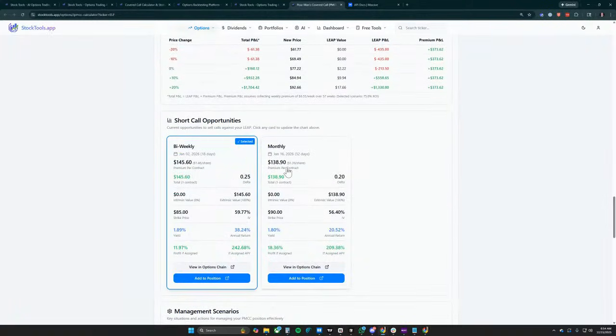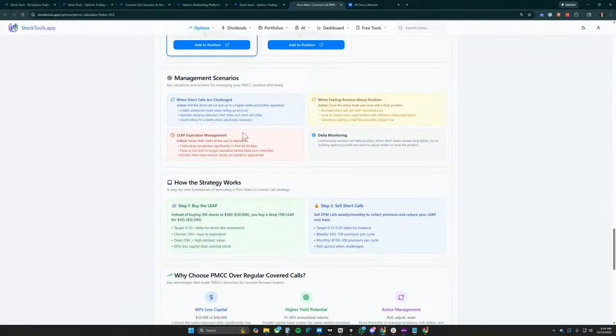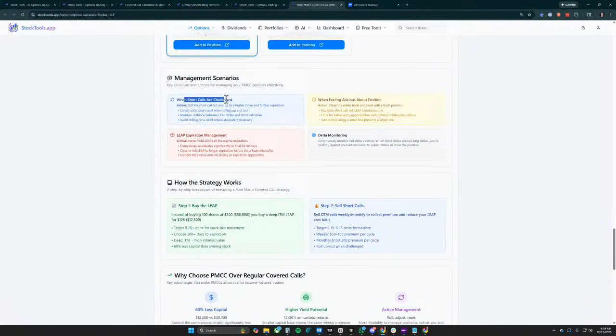And then it'll also find some short call options for you to select down here as well. You can go through, and I do have some educational stuff down here too, trying to explain your management scenarios. When the short call is a challenge, roll the short call out and up to a higher strike and further expiration, collect additional credit. When feeling anxious, close the entire trade, buy back the short call, sell the leap simultaneously,